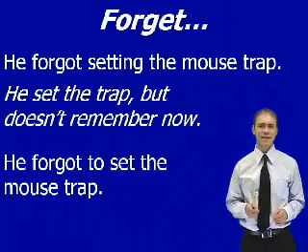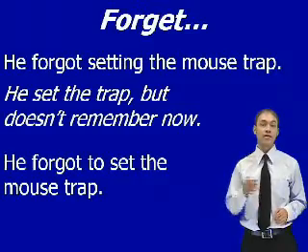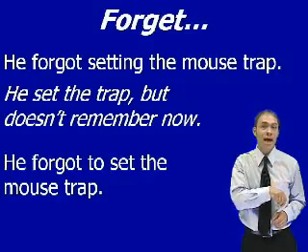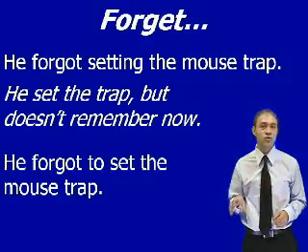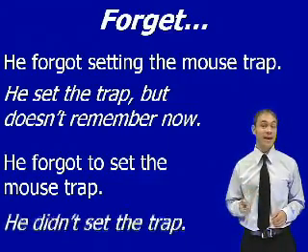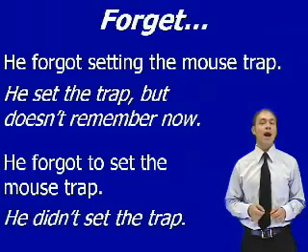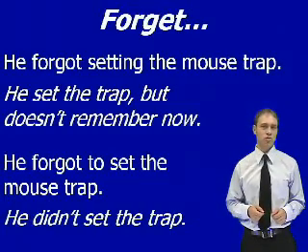In the second sentence, using an infinitive, its meaning is suggesting a future action. He forgot first and so didn't do something. Let's look at this in other words by saying he didn't set the trap. I know this is a tough structure to understand, so let's look at a few more examples using the main verb